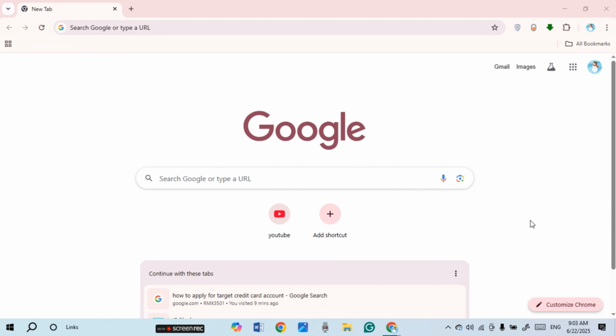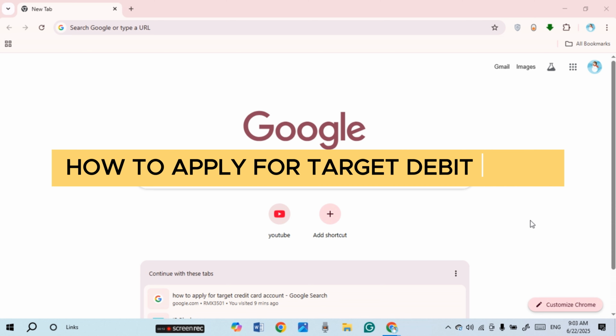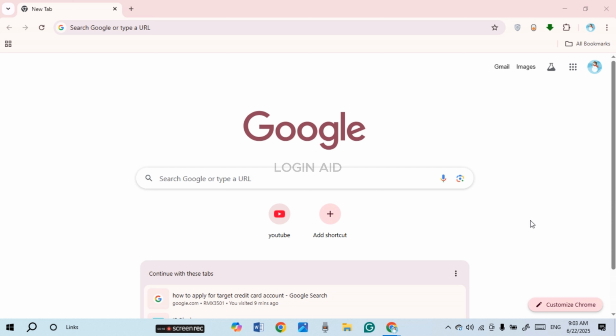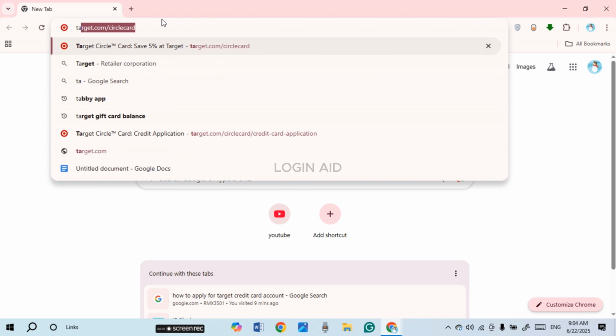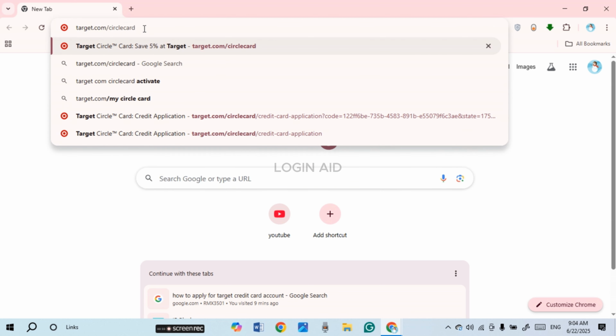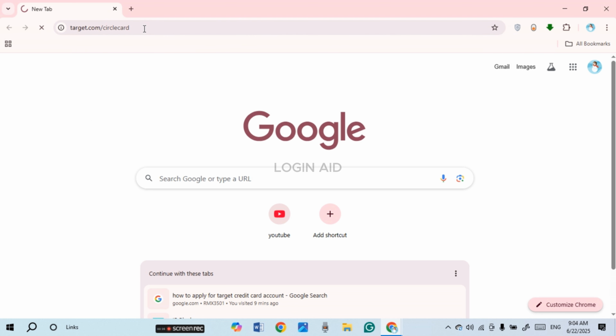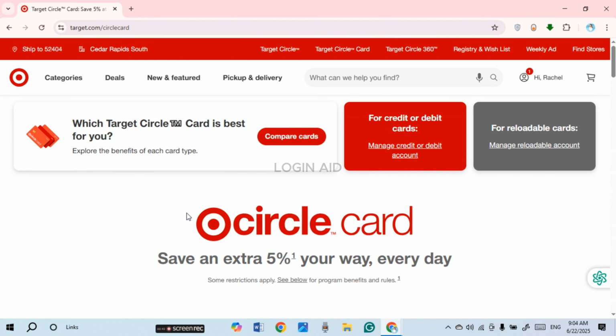In this guide video, I will show you how to apply for Target debit card. So first of all, what you have to do is open any browser of your choice. You can see over here I have opened Google Chrome. Now simply click on the search bar and type in target.com/circle card. Press enter. Now you can see over here you'll be led to the official circle card interface of